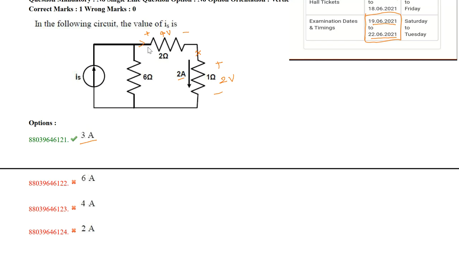Here if you observe, these two will be in series. What is the voltage here? It is 6 volts. Now what will be the current? 1 ampere. So the entire current entering is nothing but IS, so I'll take minus IS, plus here the current is 1 ampere, plus here the current you already know is 2, equal to 0. So IS will be 3 amperes. That will be the answer for this question. These are basic questions which we already discussed in our previous videos. We covered a lot of questions in the basics.